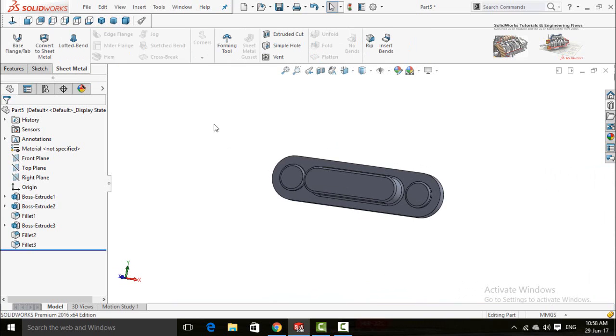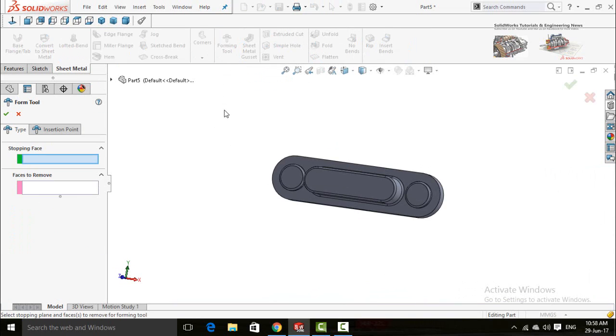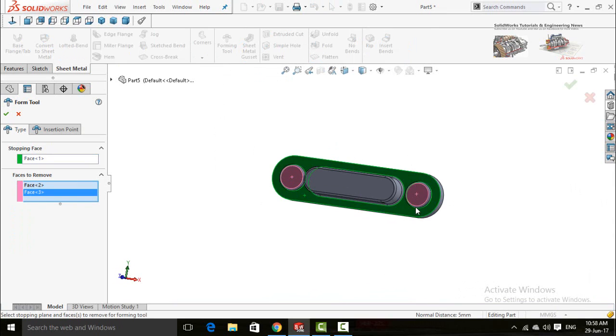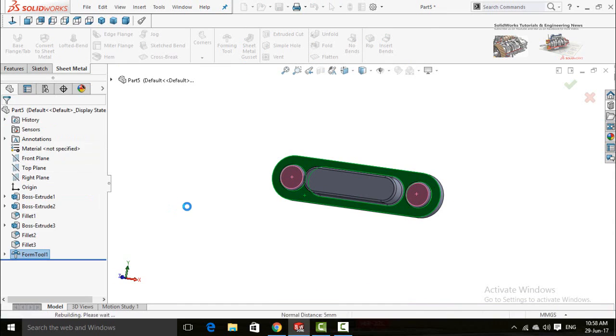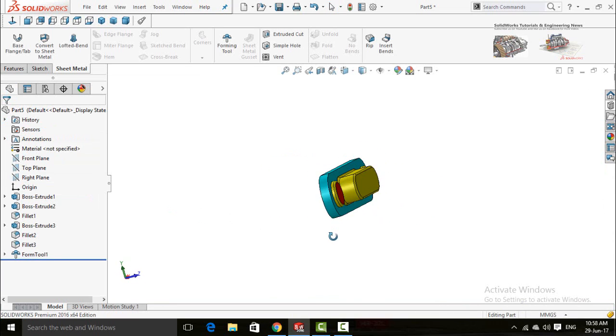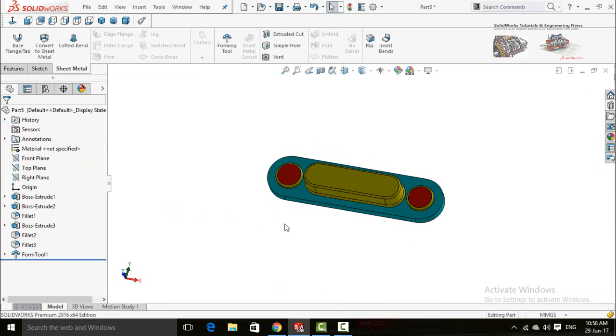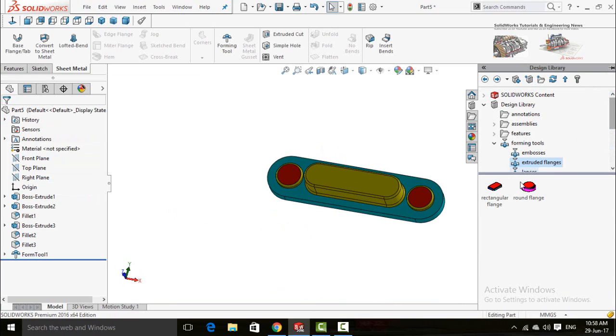Click on sheet metal and then select forming tool. First of all this face and then the faces to remove. Select both of these faces and press OK button. This die is ready. Now to save it in the design library